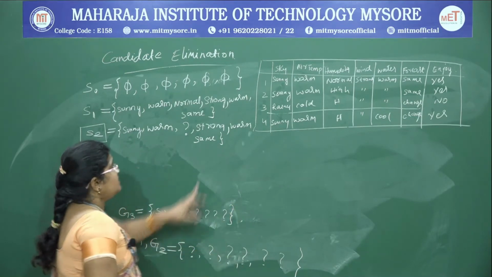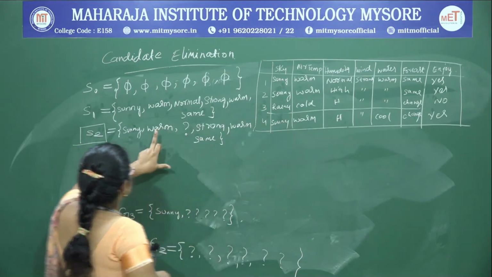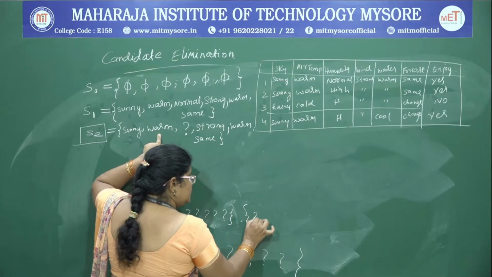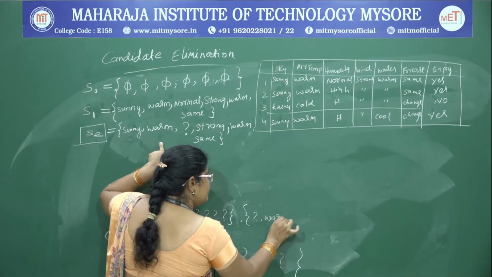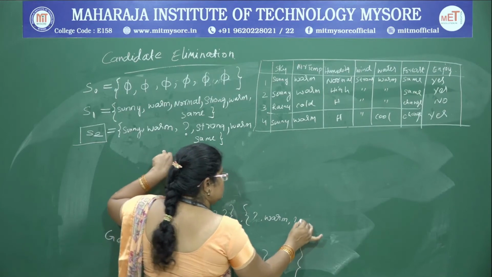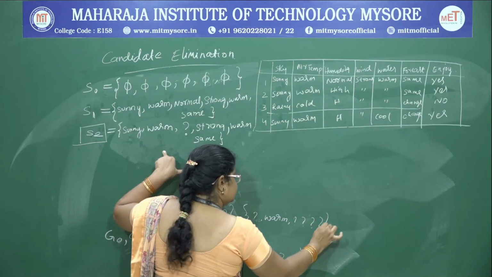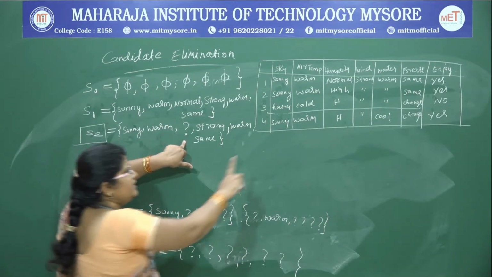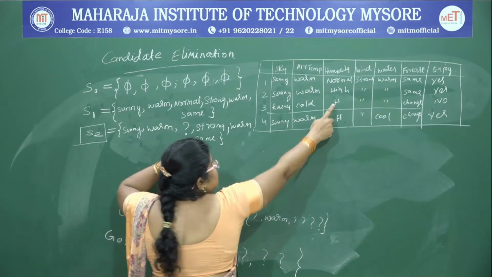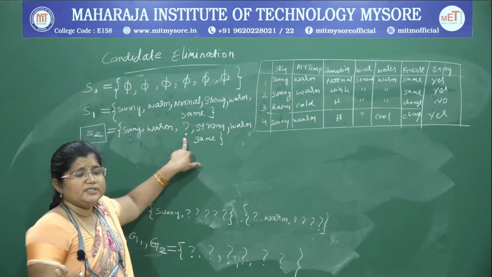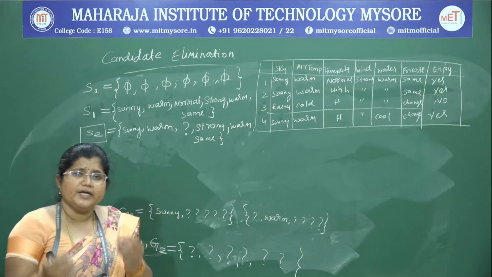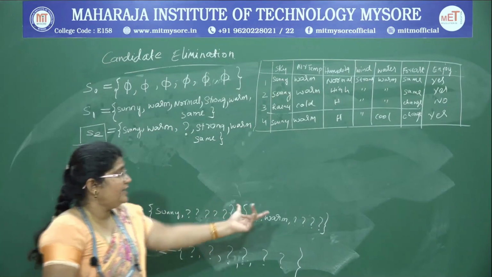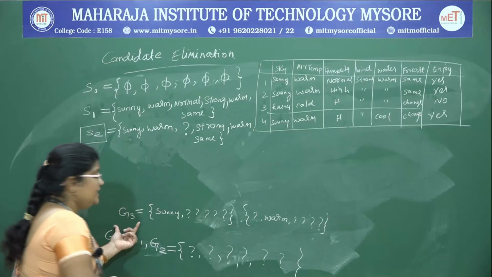Okay, next attribute, cold is there. Instead of cold, what is the opposite value? Warm is there. So we are going to have question mark, warm, and question marks for the rest. That's another set we are going to form. Now here it is question mark and here it is high. Already a question mark is present, so it will be applicable for both the negative and positive training examples. We don't require generating another hypothesis in G3.